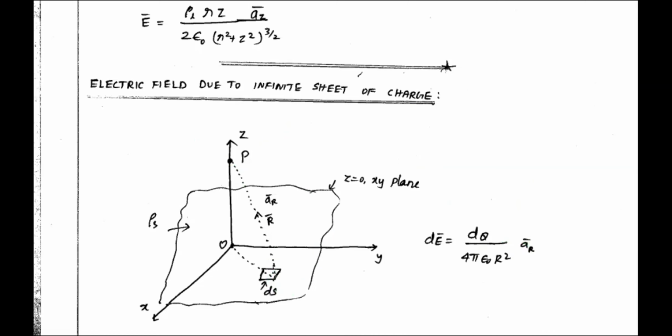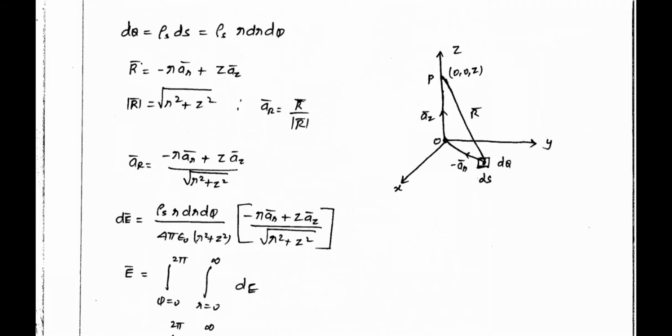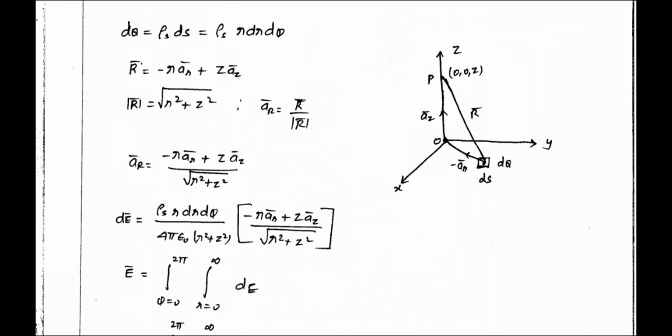Then you have to proceed next. As I told you, they will definitely use the cylindrical coordinate system. Tomorrow you come up with the answer: why are they using the cylindrical coordinate system, why not spherical, or why not the Cartesian coordinate system? Just think about it yourself. Think about the reason why we are using this coordinate system and not another. Once you are in a cylindrical coordinate system, the small charge is equal to rho s into ds, and ds can be replaced by this value.